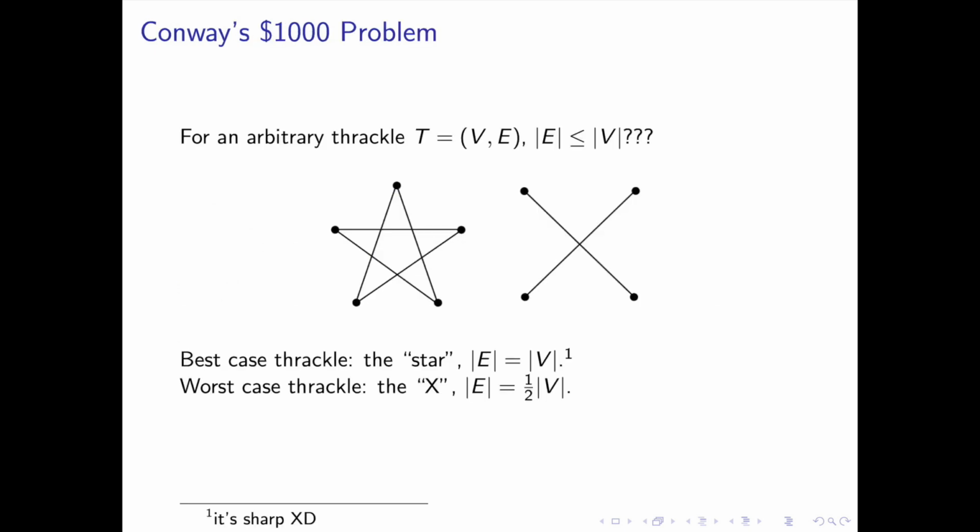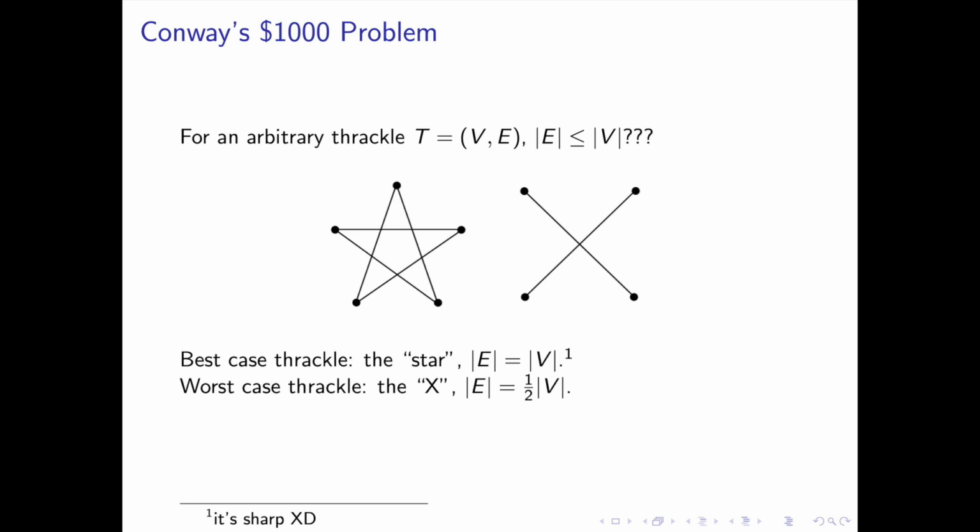John Conway was a very famous English mathematician, best known for Conway's Game of Life, but who contributed to many different fields of mathematics. In the late 1960s, he published a list of several unsolved problems with game-like elements and offered a beer to whoever could solve one. With no successes, after a while he upped the prize to $1,000, which was still available at his death in 2020. One of these unsolved problems is his thrackle conjecture. A thrackle cannot have more edges than vertices. Is E less than or equal to V?